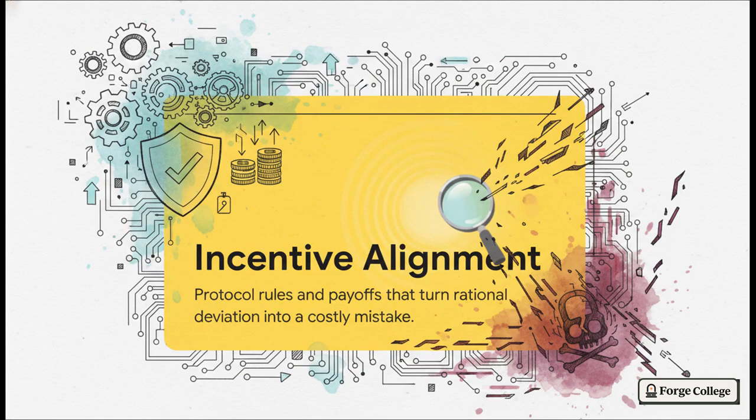And that brings us to this absolutely crucial concept, incentive alignment. We have to design the embedded rules and the expected payoffs so that trying to pull a fast one, what game theorists politely call a rational deviation, becomes a remarkably costly mistake. We essentially have to rig the payoff matrix. We make it so that acting honestly, keeping your servers online and supporting the network, is literally more profitable than trying to attack it. You align the self-interest of the individual directly with the survival of the network.